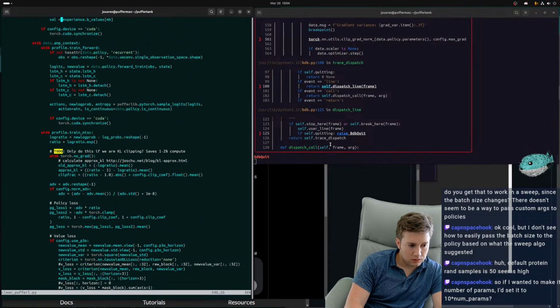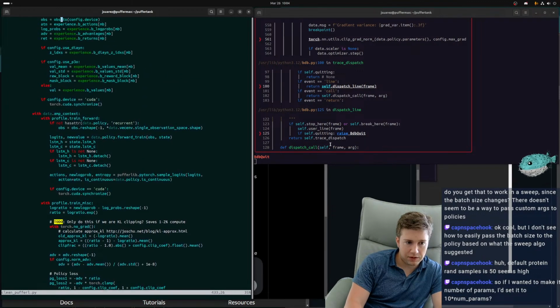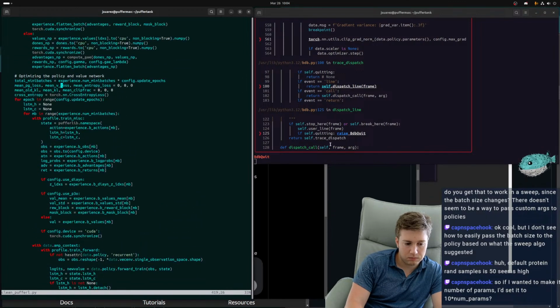Wanted to make it the number of params. Yes, assuming that you actually have my subsampling code, because you do have a custom demo file, right?